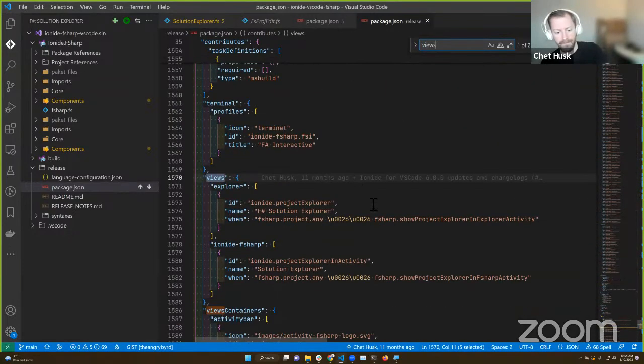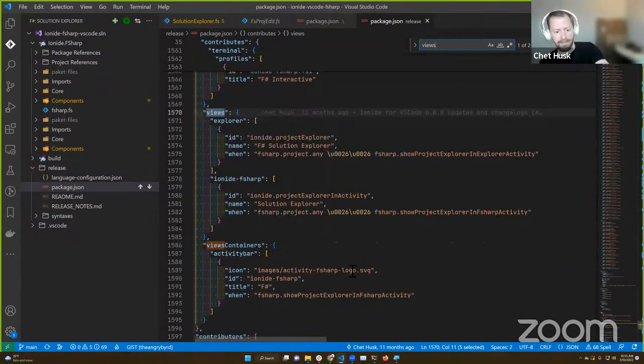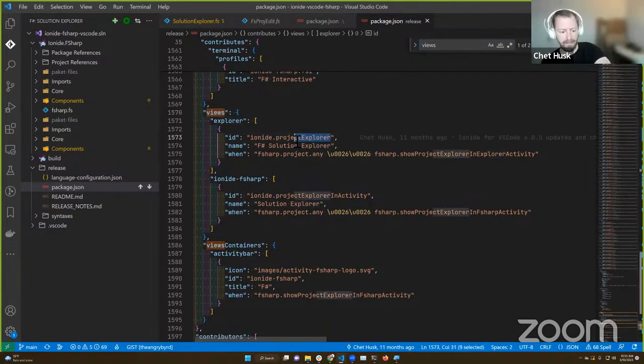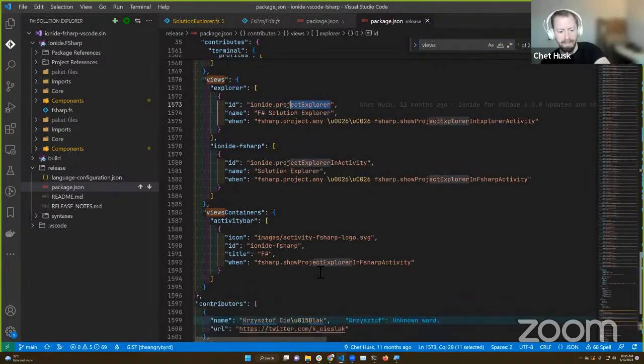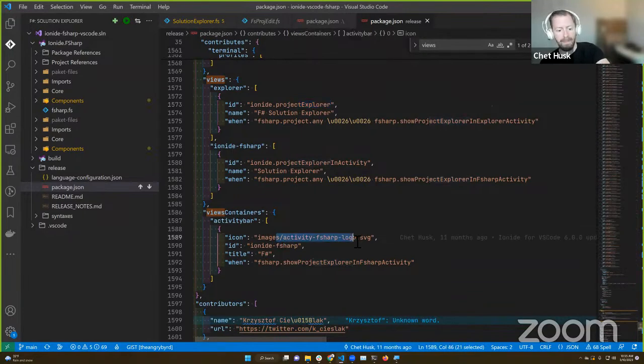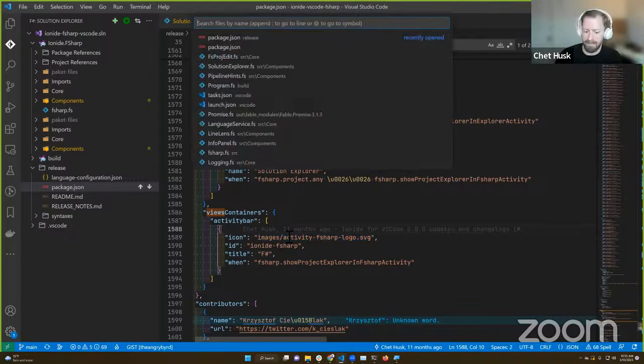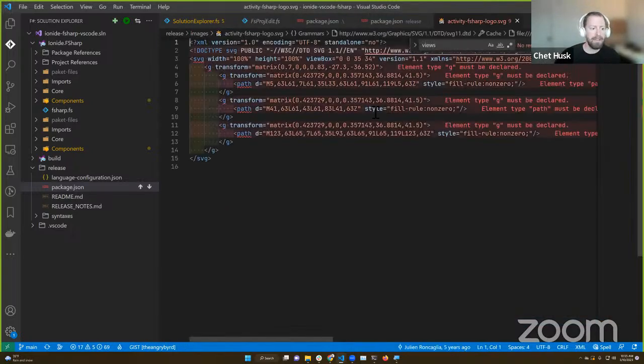Yeah, so here's all the different views. And there's the Explorer view. And you give an ID to a view, and separately, there it is, view containers on line 1586. They're in the activity bar. We put a certain view and we give it an icon. So that's how that's all coming together.